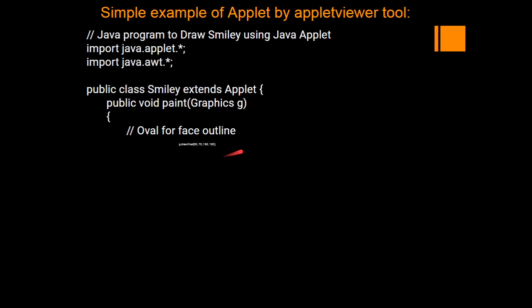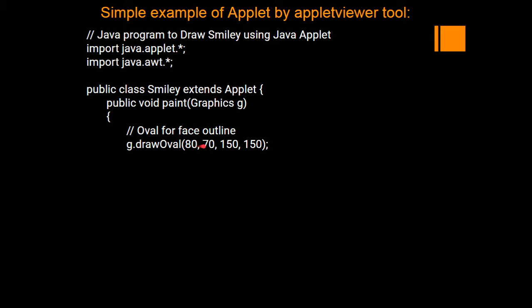Now let us see how to apply those methods on the particular graphics object. We are going to draw the face, a smiley face. First we have to draw the oval for the smiley, which is the outline of the face. So we have a method called drawOval. This drawOval has four parameters: the x-axis, the y-axis, and the width and the height. If the width and the height are the same, we get a circle. If either value differs, the oval may be on the horizontal side or the vertical side. This is the way to draw an oval or a circle by changing the parameters here.